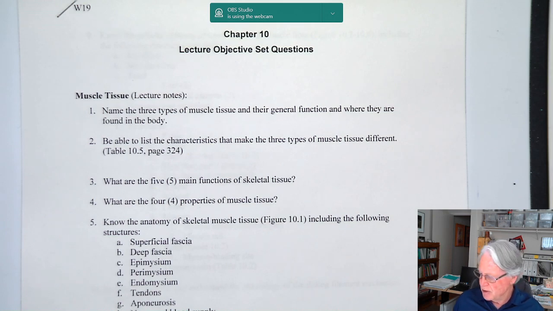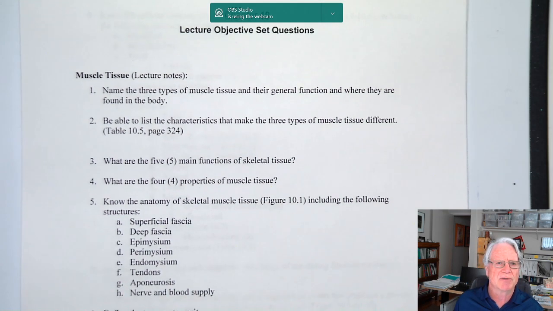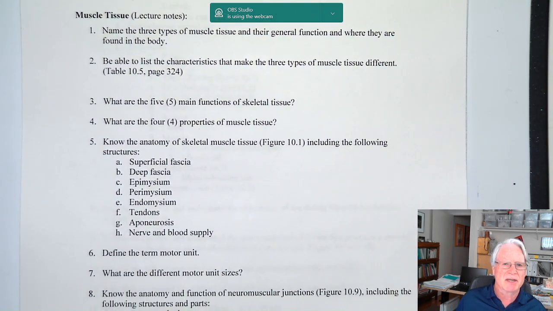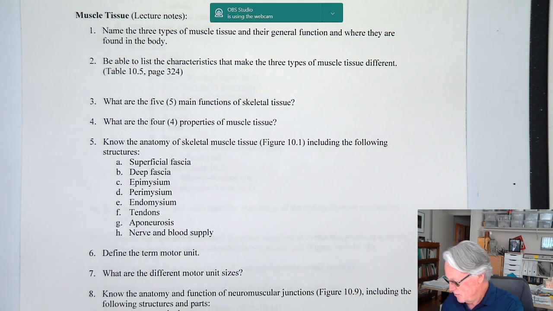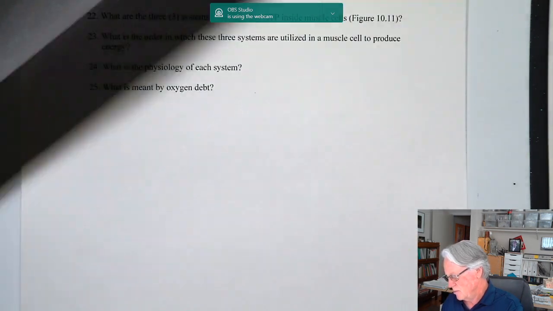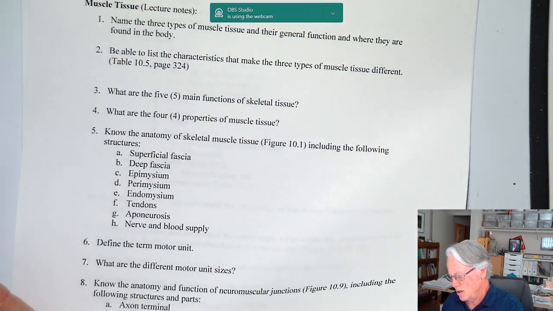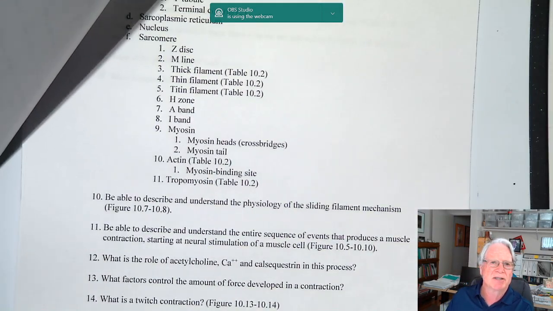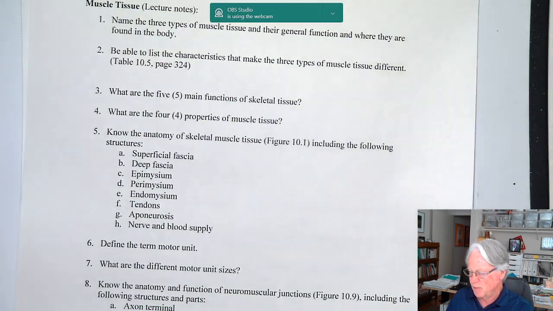So as you know, the objective set questions are going to cover everything that you need to know. There are a number of them. As you can see, we have 3 pages of questions concerning this chapter, and we're going to spend a lot of time looking at various aspects of how muscle produces